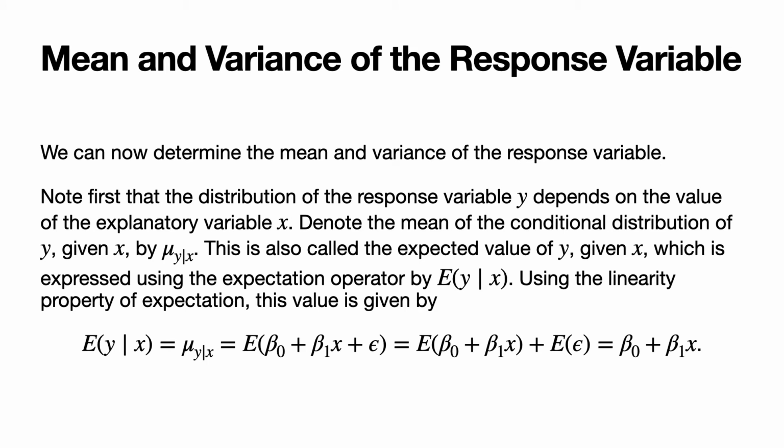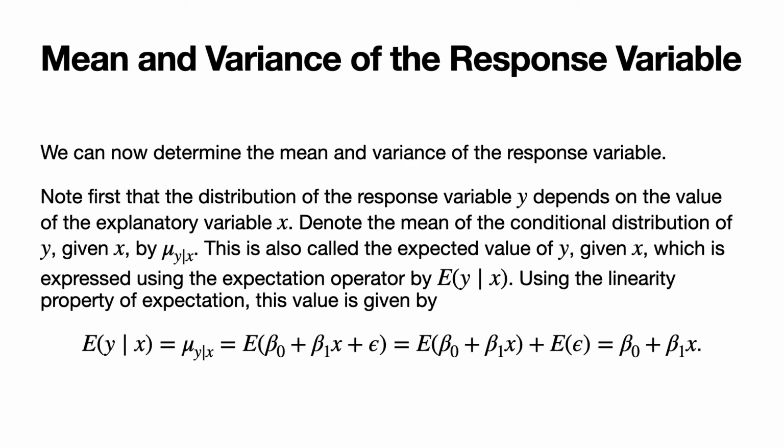So we can now determine the mean and the variance of the response variable. Note first that the distribution of the response variable y depends on the value of the explanatory variable x. Denote the mean of the conditional distribution of y given x by this notation here, lowercase Greek letter mu with y vertical bar, which is read "given," and then x all in the subscript. So again, we would read this as mu sub y given x, the mean of the conditional distribution of y